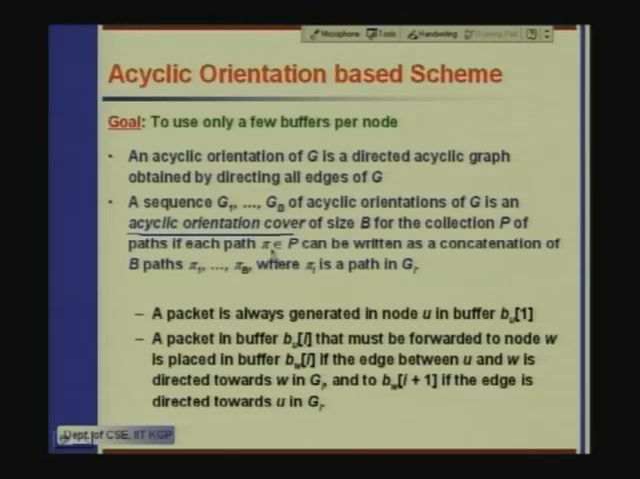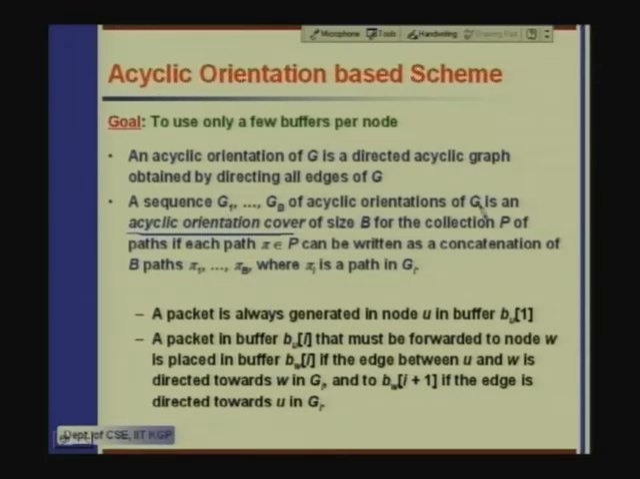Okay. So, the target of the acyclic orientation cover is to cover a collection P of paths such that for each path pi belonging to P, we can write it as a concatenation of B paths pi 1 through pi B, where pi I is a path in Gi. Okay. Let me reiterate. I have B different graphs. Each of these graphs is an acyclic orientation of G. I am not saying that these are distinct. Two or more of these can be replicated also,